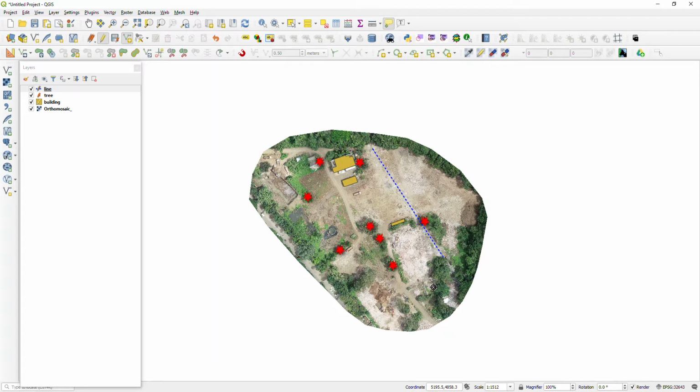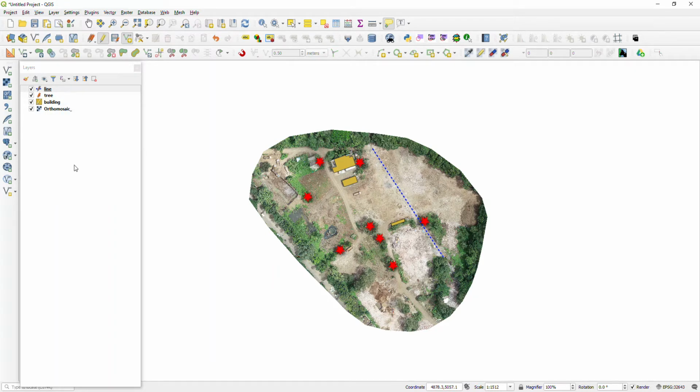So now we have learned how to create the shapefile and how to digitize. Now I will show how to convert the shapefile into GeoJSON.